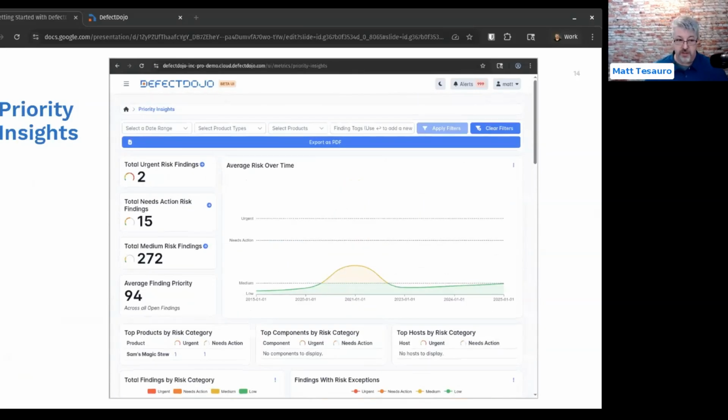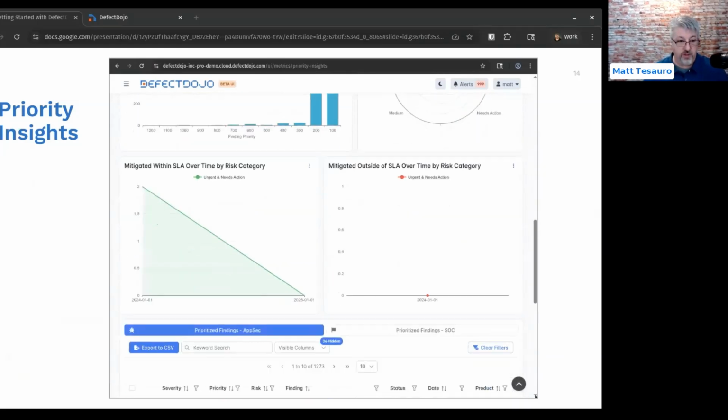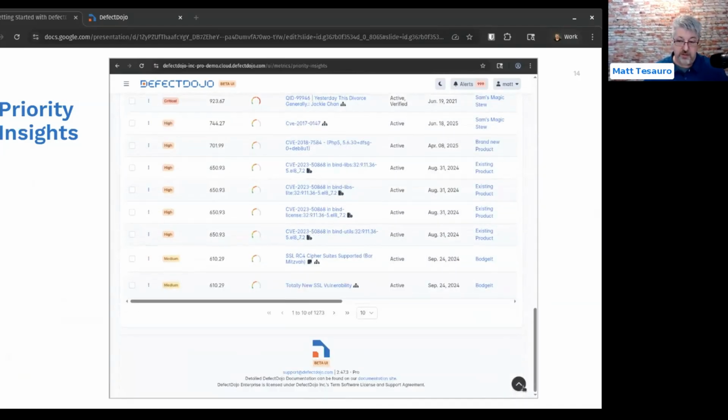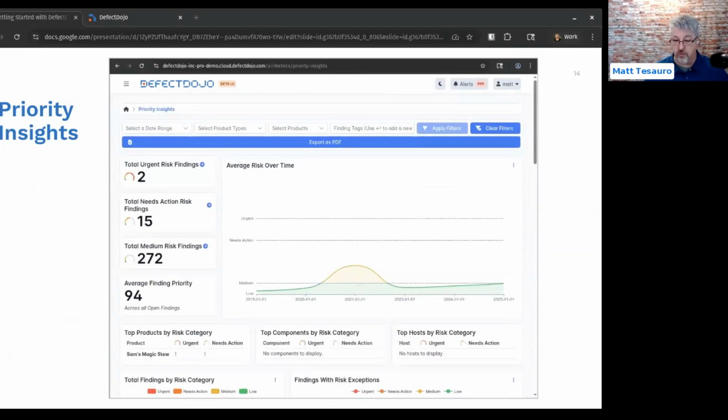And then we also have a priority insights dashboard that gives you an idea of the risk and what the priorities are, the things you should be fixing. And this is all available to you because suddenly now you have this broad spectrum view of things. And so what you want to get to, hopefully,